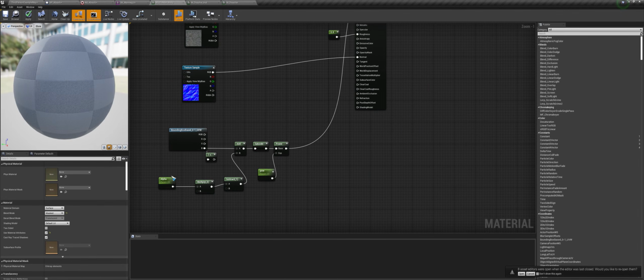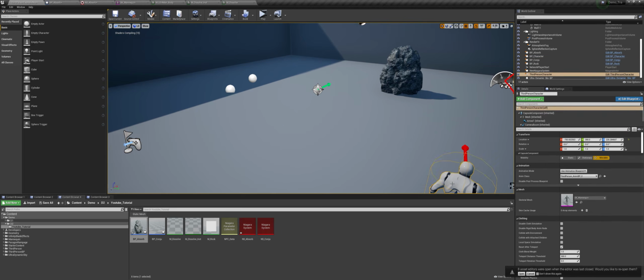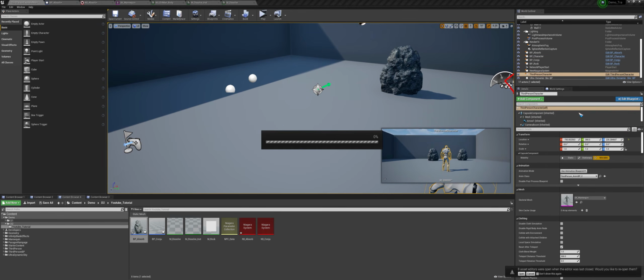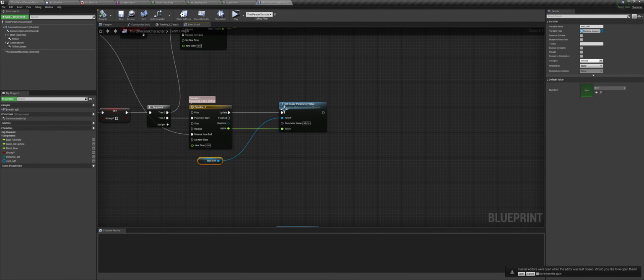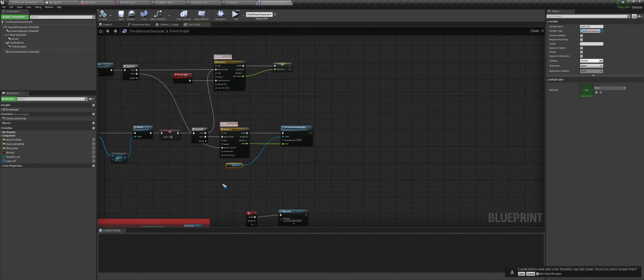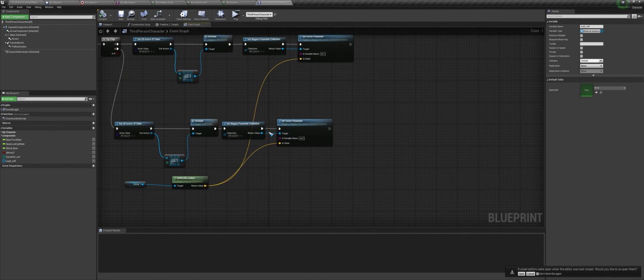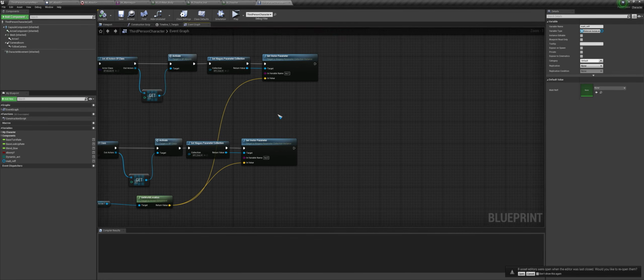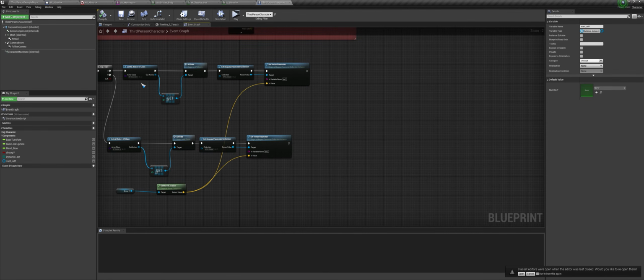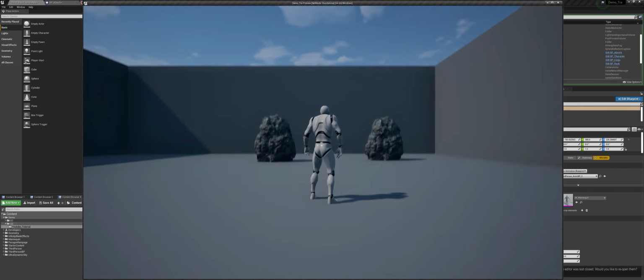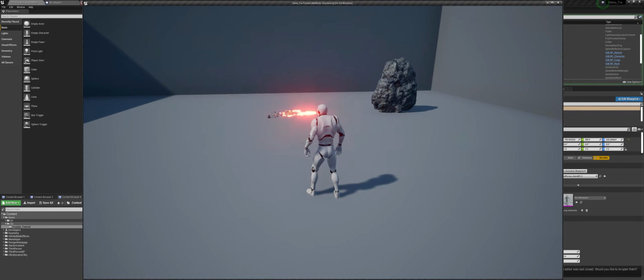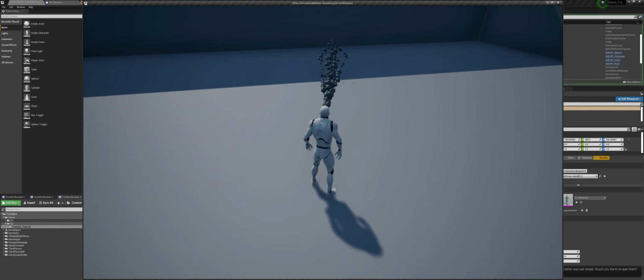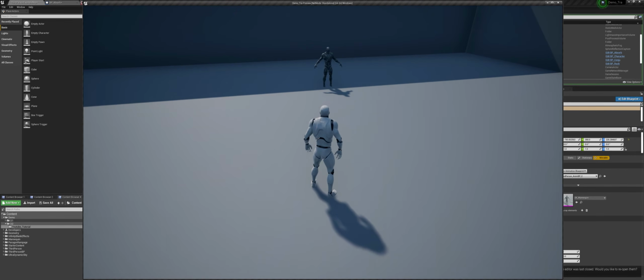And this alpha value is driven by a timeline in the third person character. So I have a timeline in the third person character that drives the alpha when we absorb the material and when we also throw out the material. That's all I am doing. So one more time, when I press E, I'm kind of getting this, and if I press E again, I am conjuring the material.